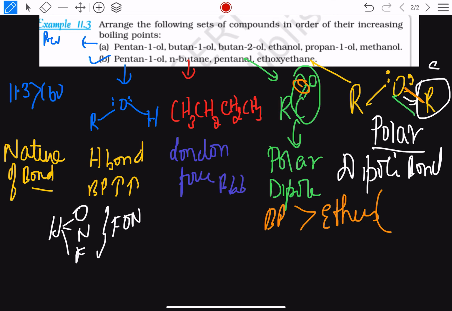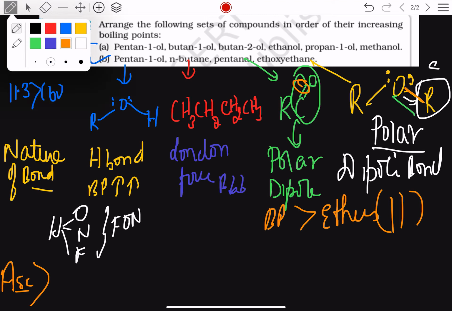What is the reason? Because here you have a double bond. Double bond means two bonds, and breaking two is always more difficult than breaking one. Though it is dipole, this is a double bond. Because of that, the boiling point of aldehyde is higher than the ether, though they have dipole-dipole interactions only. So summing it up now, we have to arrange it in the ascending order.